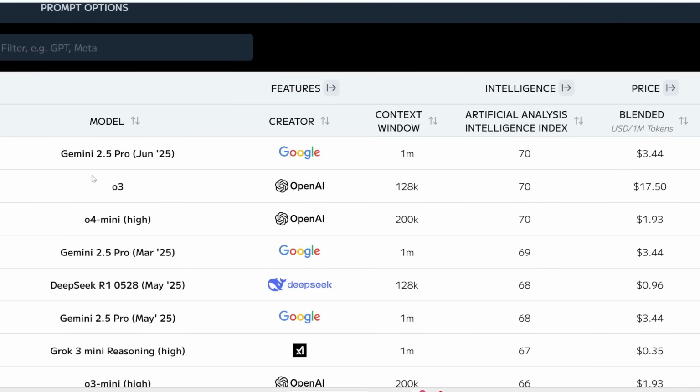If you look at another independent evaluator called Artificial Analysis, again, Google's Gemini 2.5 Pro is ranked number 1. Here it's tied with O3 and O4 Mini, which have the same intelligence score of 70. However, note this huge context window by Gemini 2.5 Pro, whereas OpenAI's models have a much smaller context window. This is basically how much information you can fit in to your prompt at once. So a 1 million token context window means you can fit in like over 700,000 words, or a medium-sized code base. This can take in at least 5 times more information than the other models.